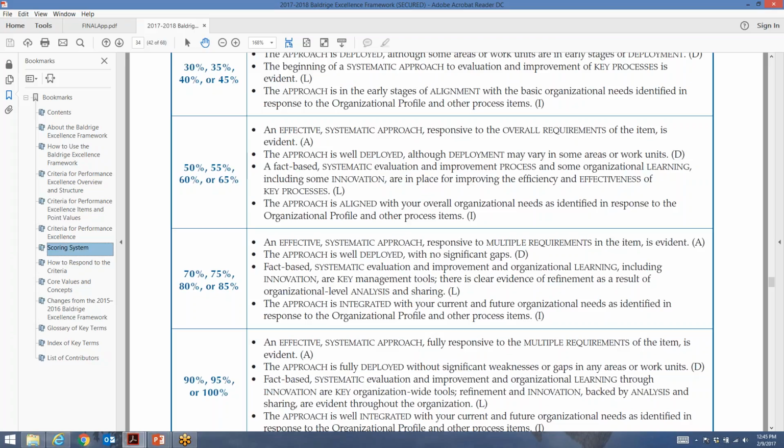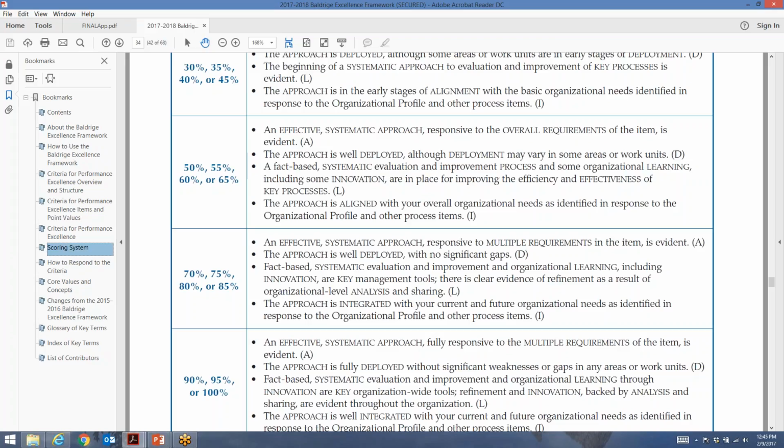So as an examiner, if I'm looking at that, well, you didn't really tell me where it was deployed, but at the same time, I've got to give you some benefit of the doubt, right? Because you told me it was well deployed. I'll find that out when I get there. But in my initial application, at least I'm giving you the benefit of the doubt. You told me it's well deployed, and so I'm taking your word for it.